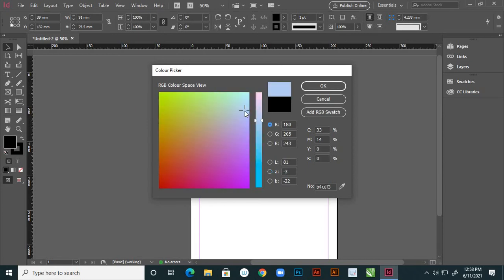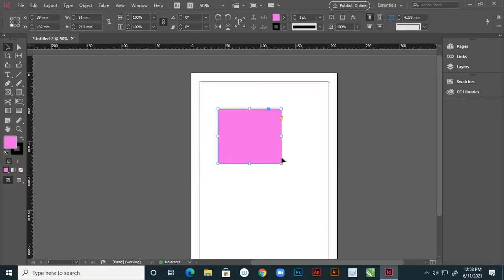Okay, anyway, you can choose whatever color you want, right? Say okay. This is our normal regular fill option, but instead of this I want to add the gradient colors, right?